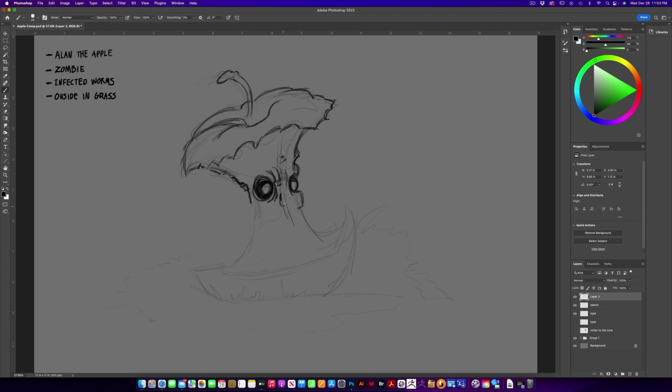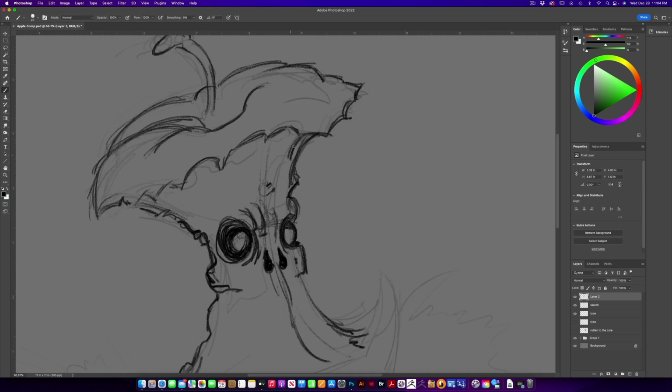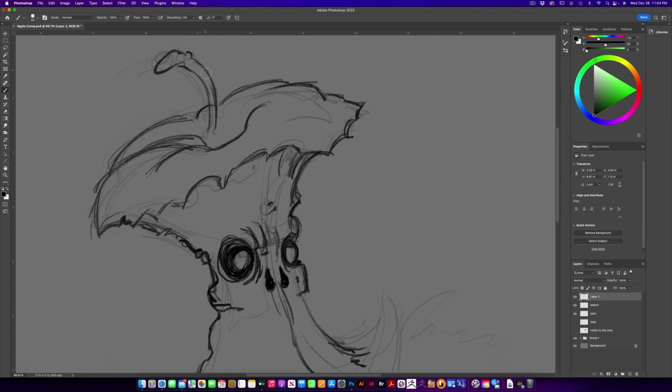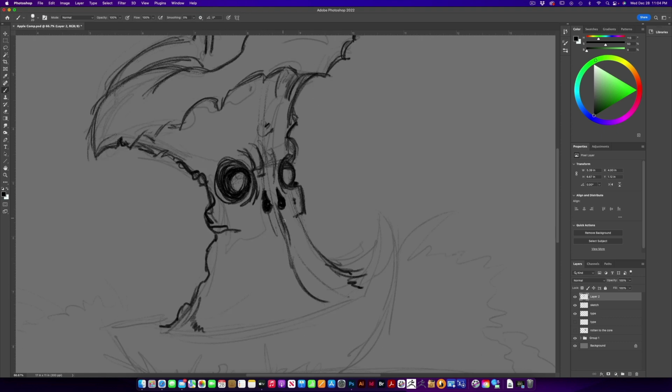So our apple's name is Alan, and we're making him a zombie, and I thought it would be cool to have him eaten by infected worms that maybe had some kind of a virus and ate the apple, infected the apple, and kind of rotted him out and turned him into this zombie character that